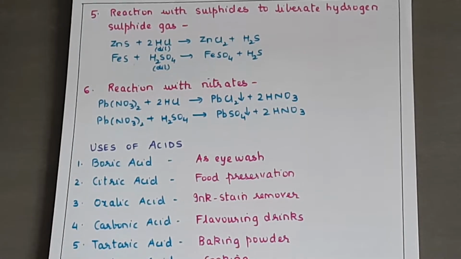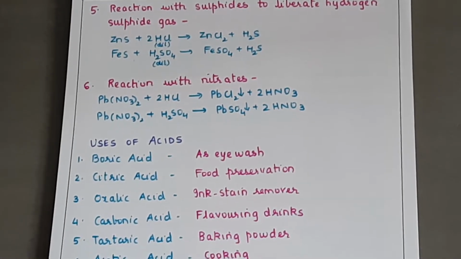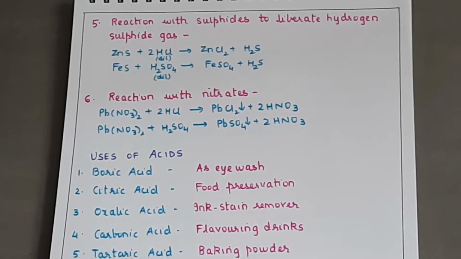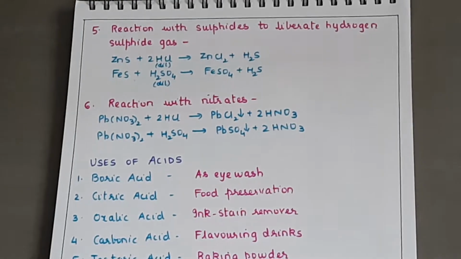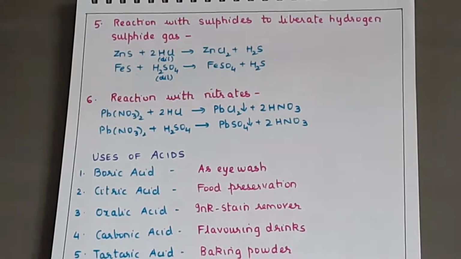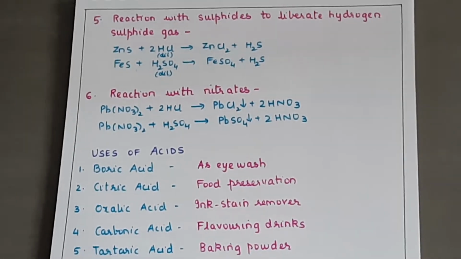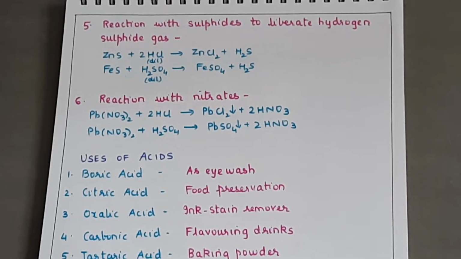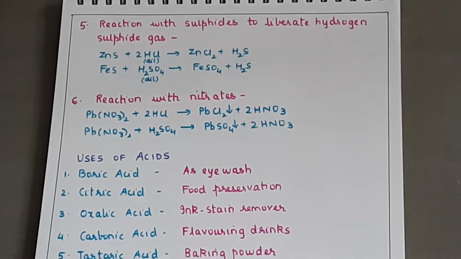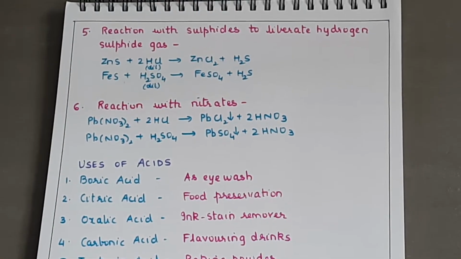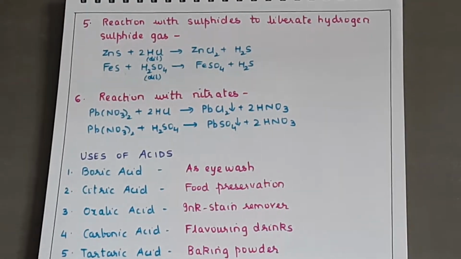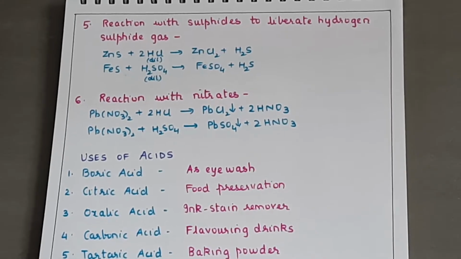Now questions, what kind of questions? One is your direct give the balanced equation type of questions, and the other, I have given this in the HCl chapter also as homework: name the gas liberated in case of the following. Yes, so such questions will be asked. ZnS reacts with dilute HCl. So you have to mention the gas liberated, H2S, or it is CO2 or SO2 or hydrogen. Okay, such questions will be asked.